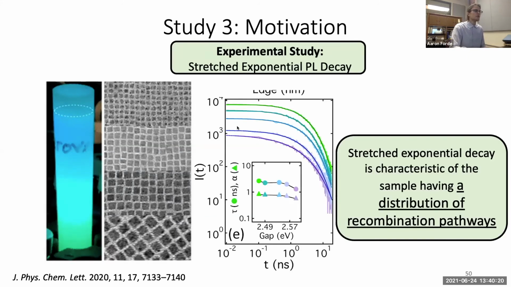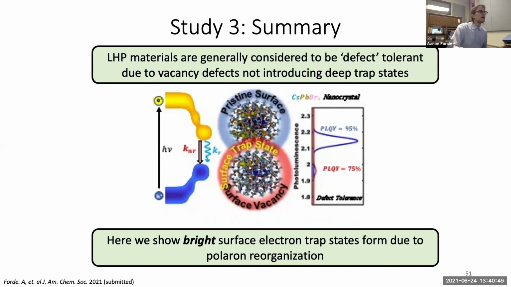And if you look at the luminescence decays, there is a clear stretched exponential going from large to small, which is indicated by these downward sloping triangles. And when you have a stretched exponential, that's usually indicative of having a large distribution of recombination pathways, where if you only had one, it would be single exponential decay. And so we think we have calculations that show this is due to the defect tolerance of lead halide perovskites, where due to polaronic reorganization, we get bright surface electron trap states,